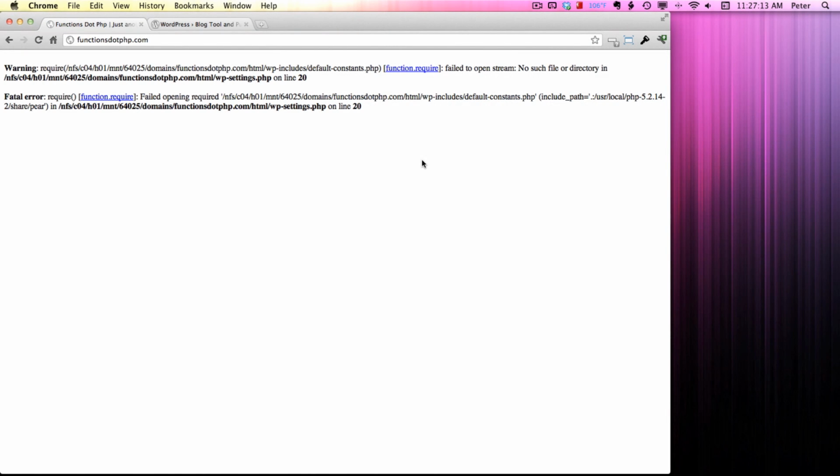Okay, so today we're going to talk about how to upgrade or just reinstall WordPress via FTP. Yesterday we talked about how to access your WordPress website via FTP, so this is a good corollary. As an example here, I've got the site that I talked about yesterday, functions.php.com,